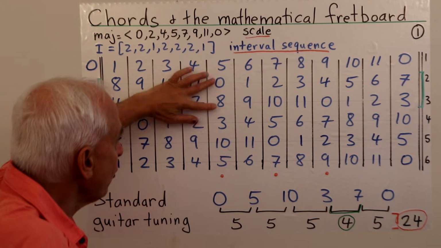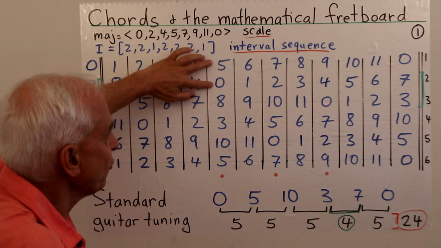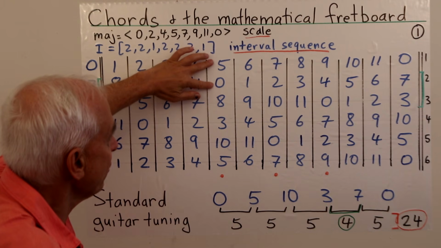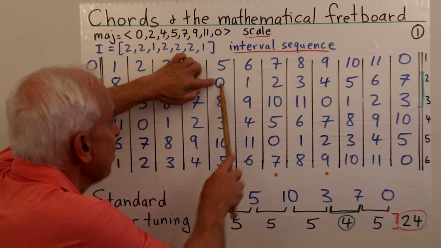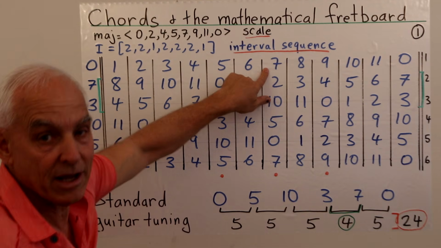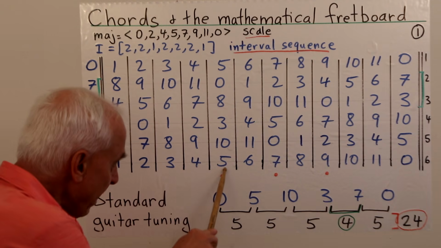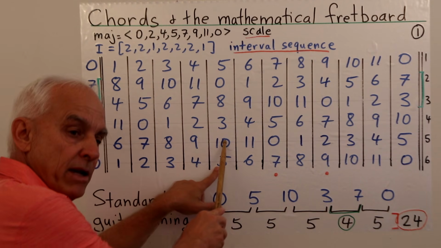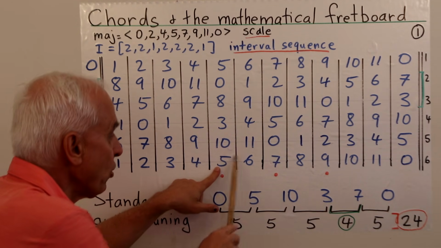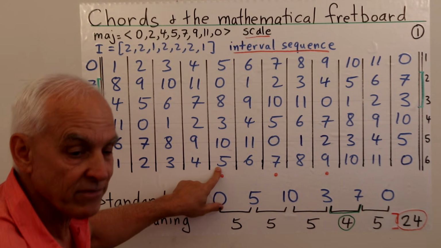It's not going to be true between the second and third strings, but it's still going to be true between the second and the first string. So going from here to here is still a perfect fifth or an interval of step seven. Okay, so coming back to this five, if we go up one, we get a perfect fourth or a five step. If we go over two to the right, that's a perfect fifth or a seven step.